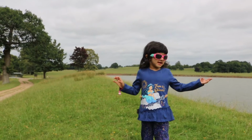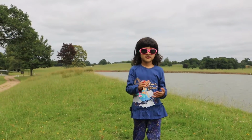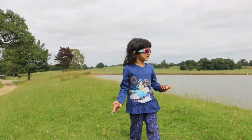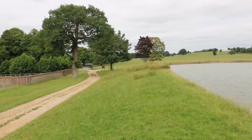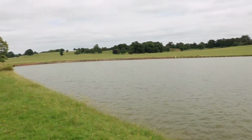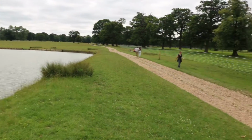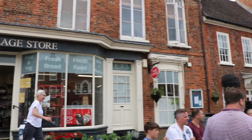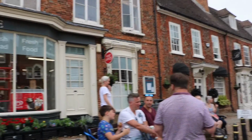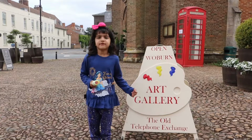Hi dear friends, there is a pond as well here, but with ducks, no crocodiles and no sharks. Some small lake. You cannot swim in it because it's not allowed. Just dogs are swimming in it. My dear friend, you see loads of